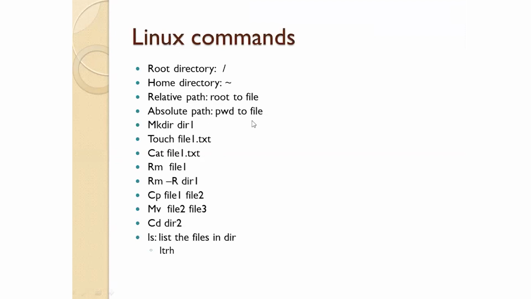And how do we create a file in the Linux machine? There are multiple ways we can create a file, but touch is the command which creates an empty file in the Linux system. So touch, then space and a file name, and that will create an empty file. By using gedit also we can create the file. Instead of touch we can give gedit and then file1.txt, and that would open a text file where you can write your data, save it, and then perform your task.